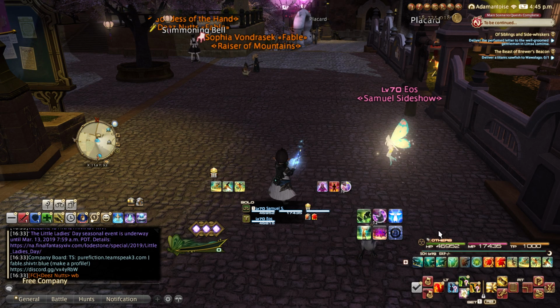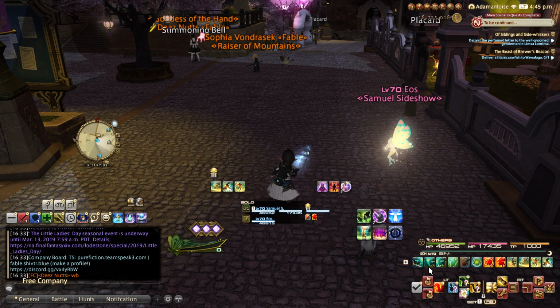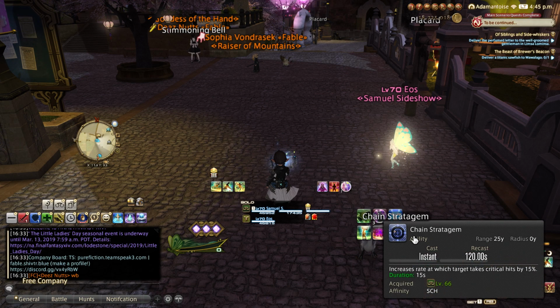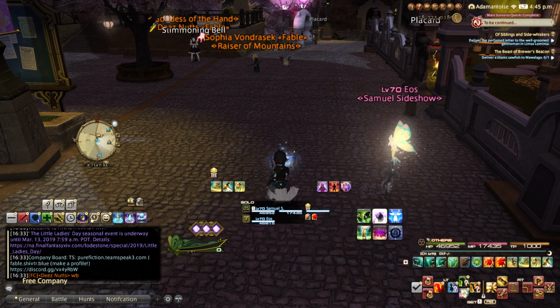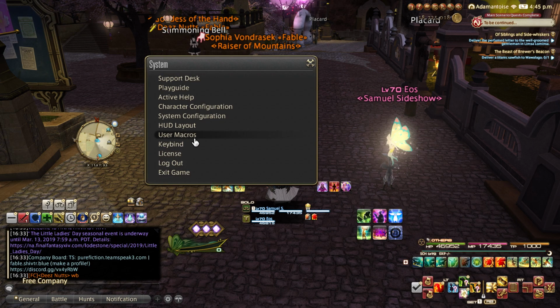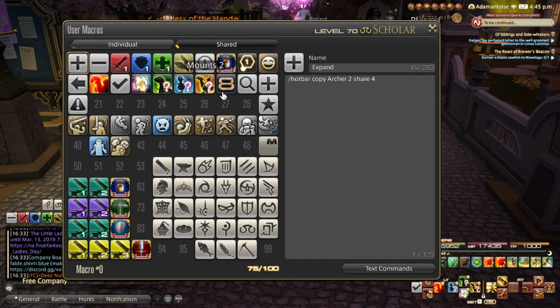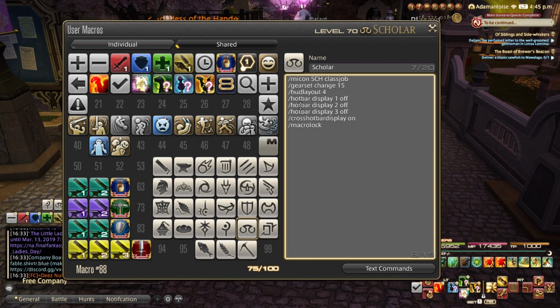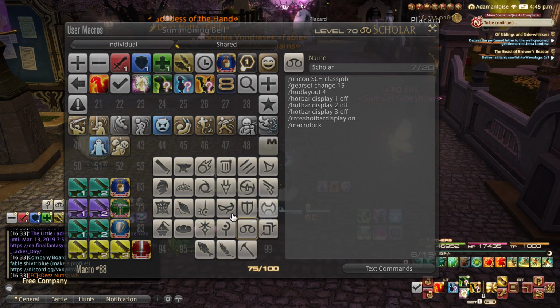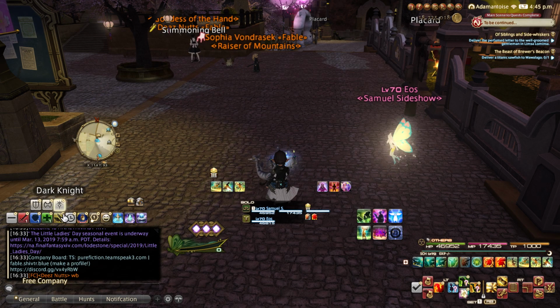Cross hotbar is usually used only for consoles, for having a controller, but there's no reason why you can't actually use them in your UI as a keyboard user if you just need more bars. Still absolutely works fine as a normal button. So let's go into the macros again. Scholar. We have hotbar display 1 off for all of these 3. So that means that the moment I switch to Scholar from anything else,